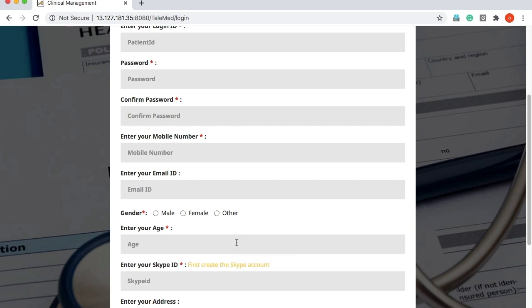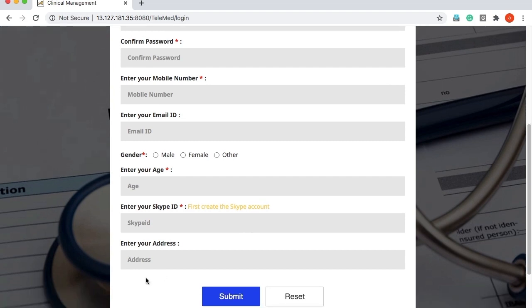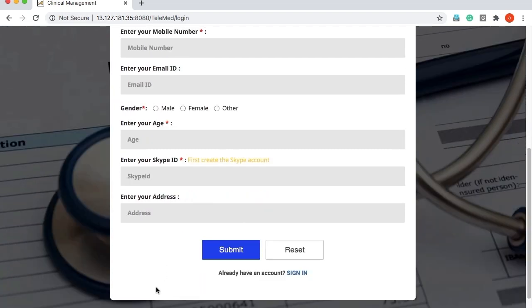Global Products Teleconsultation Software has provided integration with Skype, and a document such as e-prescription generated within the software, images can be attached and shared over Skype, and the address if needs to be entered.